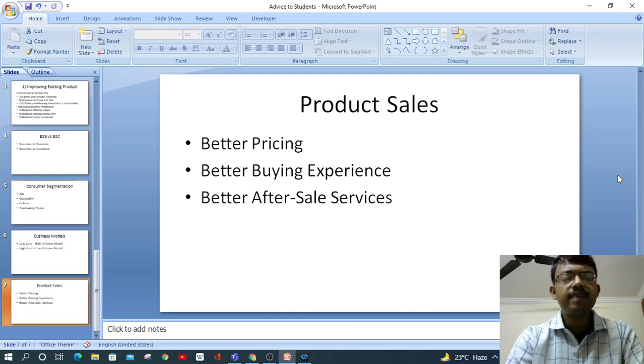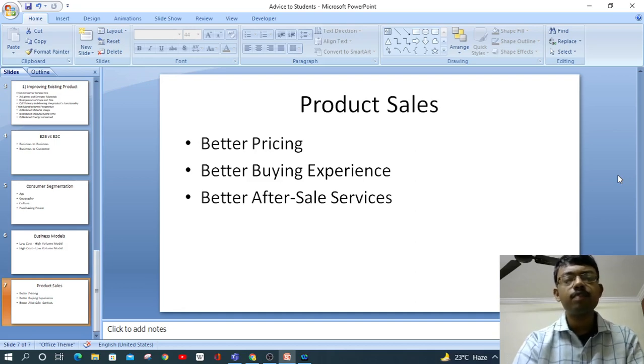And better buying experience. What is the difference between buying in a normal shop and buying from an e-commerce website? Their buying experience is different. Even though everything is available online, people still go out to buy stuff. Why is that? Because they want a shopping experience. They want to go out, visit different places, see various shops, and try out various products that are available.